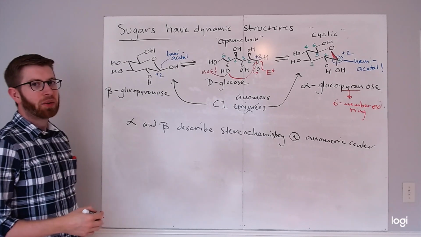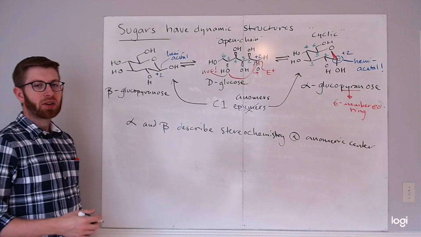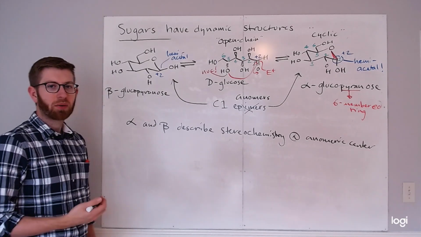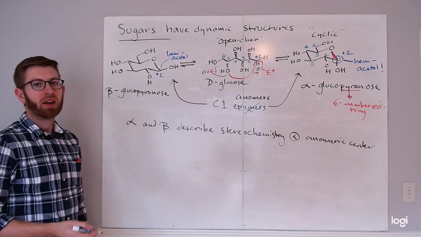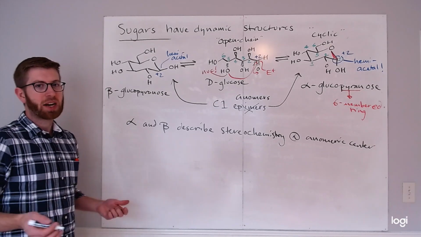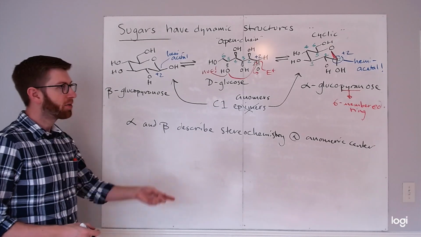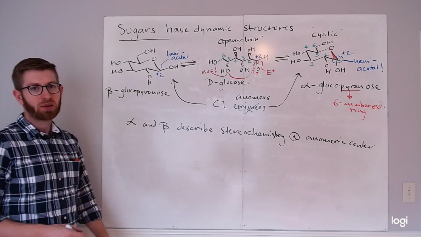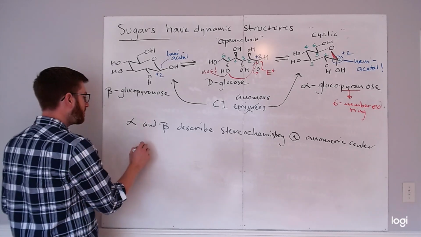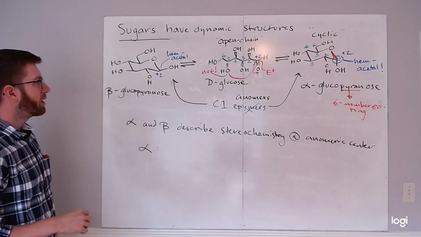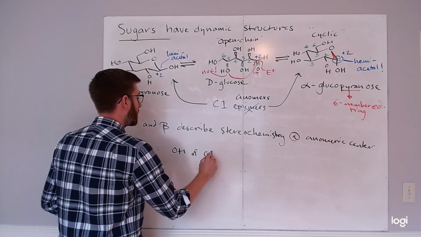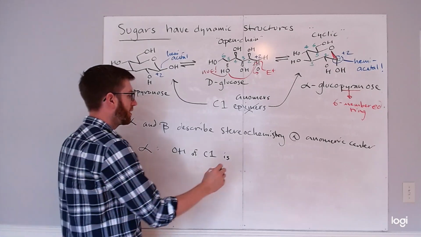The factors that allow one to decide whether these are alpha or beta turn out to be a little bit specific, so I'm going to show them to you in this video, but really for the most part what I care about is that you know that alpha and beta are describing the anomeric position, and that if, for instance, a reaction took alpha glucopyranose and converted it into beta glucopyranose, that would be making its anomer. So alpha turns out to be when the alcohol, so the OH of C1, is trans